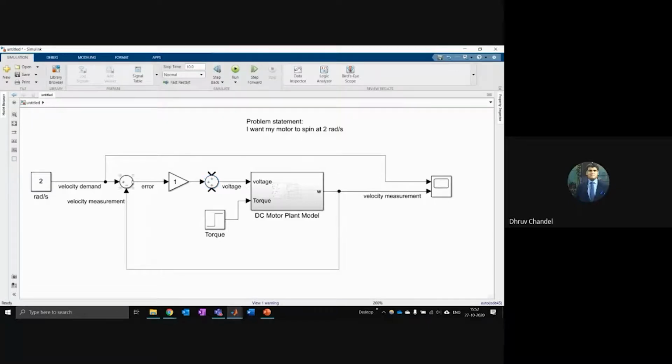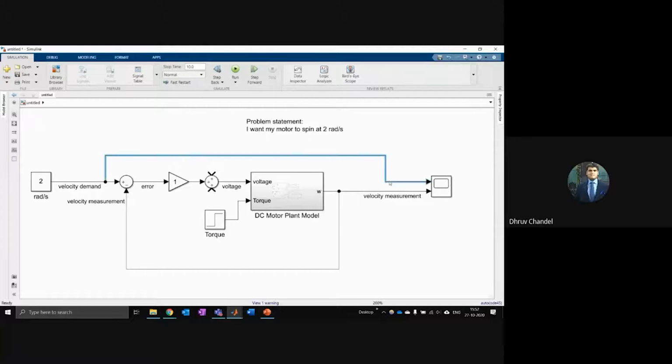So suppose I just take the error and feed that directly into the voltage. The greater the error between the measurements, the more voltage will be fed into this block here. And the ratio of this error to the voltage is 1 right now. So let's see what happens.